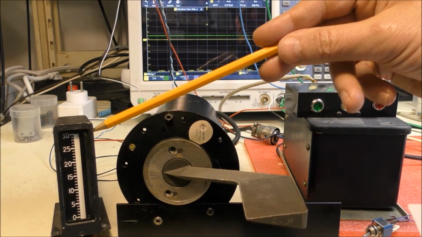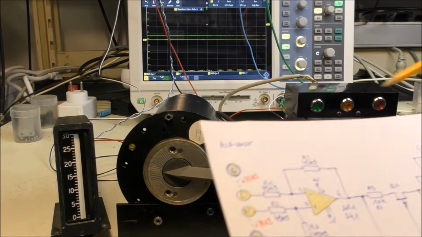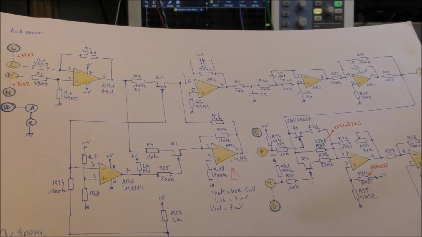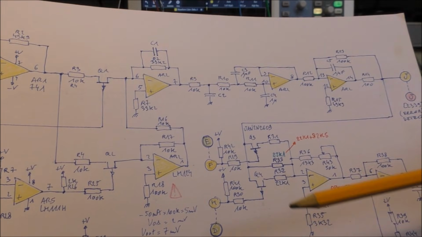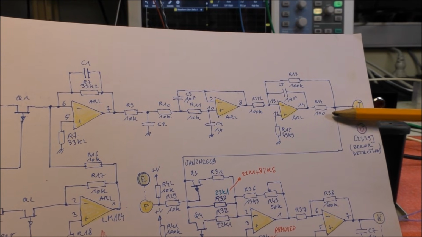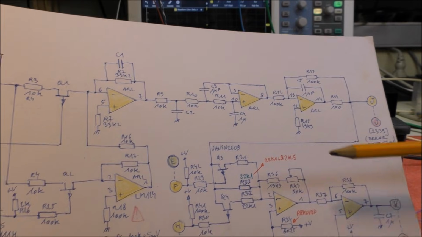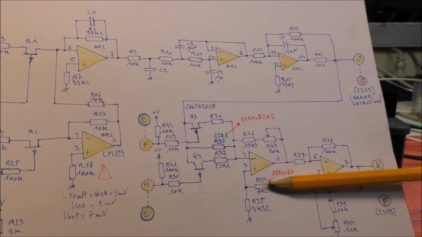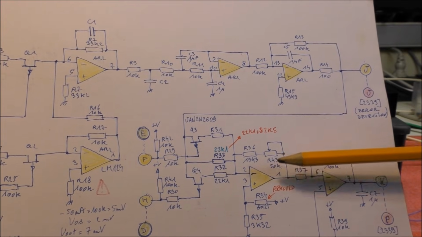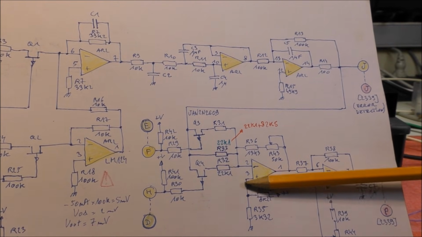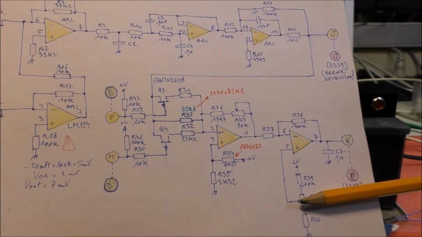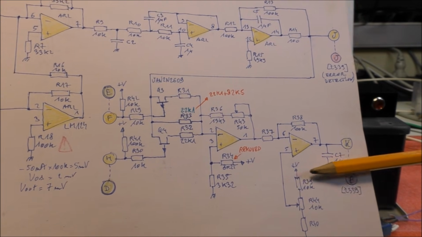This indicator was not fully compatible with this stall warning computer, so I had to modify some values here. On that point there is a null voltage for a null angle of attack, but here we have a gain and there is an offset created by these two resistors, and we have a gain adjustment.